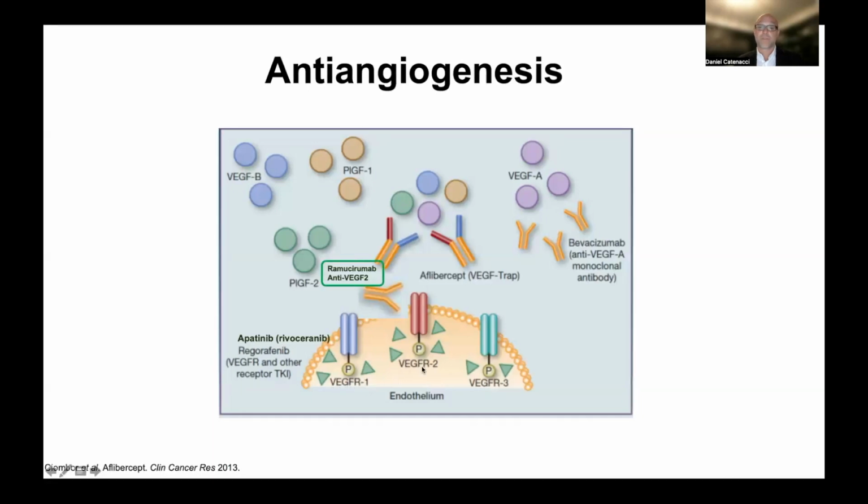And there's different versions of that, type 1, type 2, type 3. It turns out that there's a number of different ways to inhibit this pathway, from antibodies that bind to and neutralize the ligands, or antibodies like ramucirumab that bind directly to the receptor. So ramucirumab binds to VEGF receptor 2. And there are also tyrosine kinase inhibitors that are usually oral agents that go into the cell and inhibit the